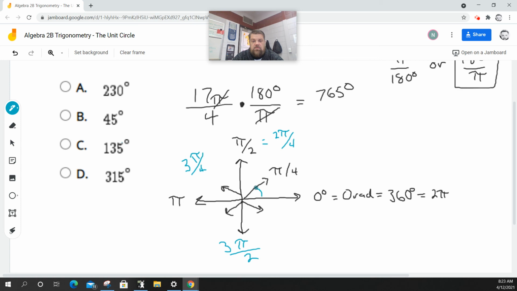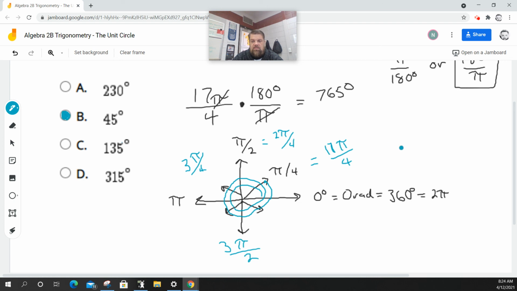So we're going to go 1, 2, 3, 4, 5, 6, 7, 8, 9, 10, 11, 12, 13, 14, 15, 16, 17. This is 17 pi over 4, which is the same as pi over 4, which you don't know it, but it is actually